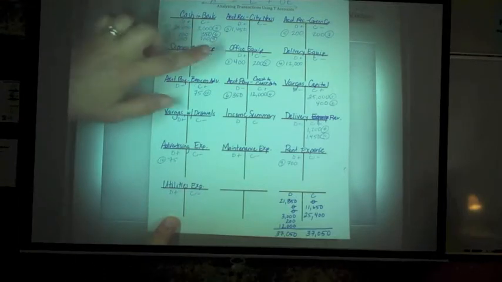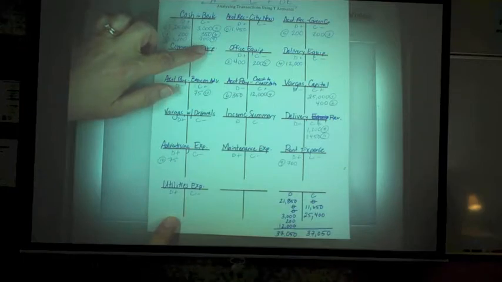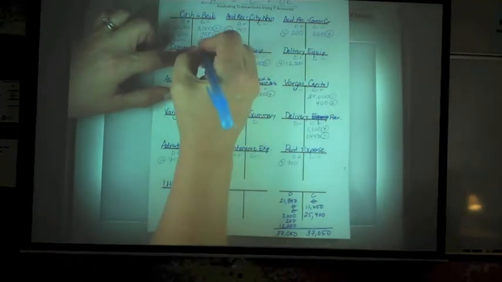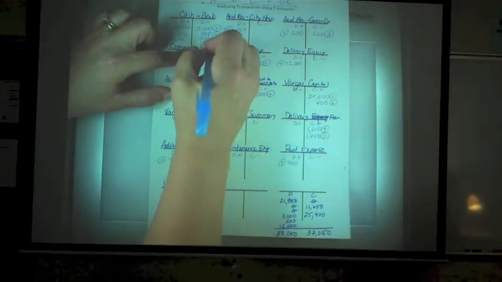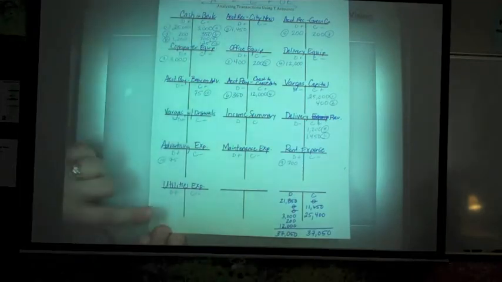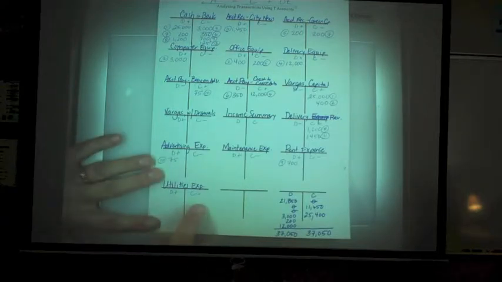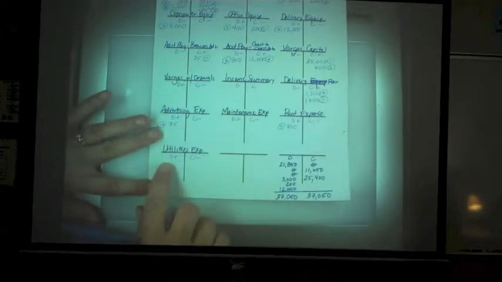Is it going up or down? Since we're paying the bill, it's going to go down. It's going to make our cash go down by $125. And our utilities expense, up or down? It will, just like the other expenses, go up